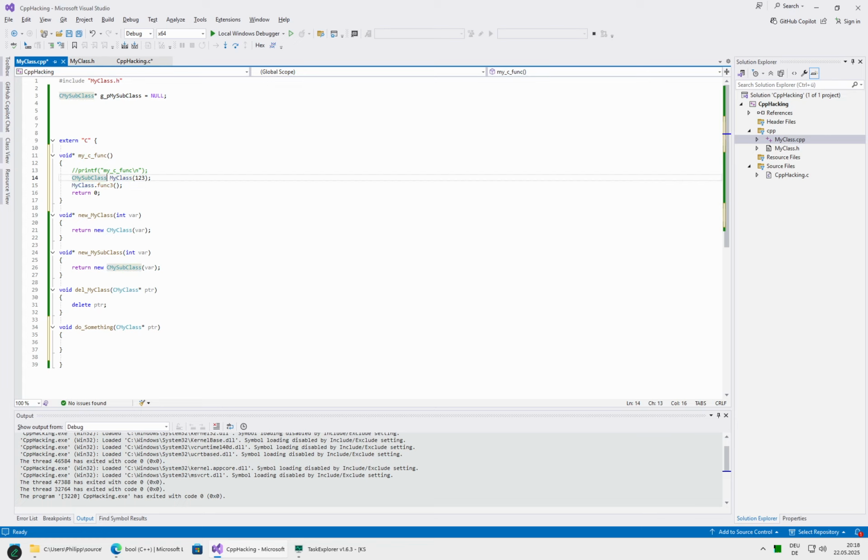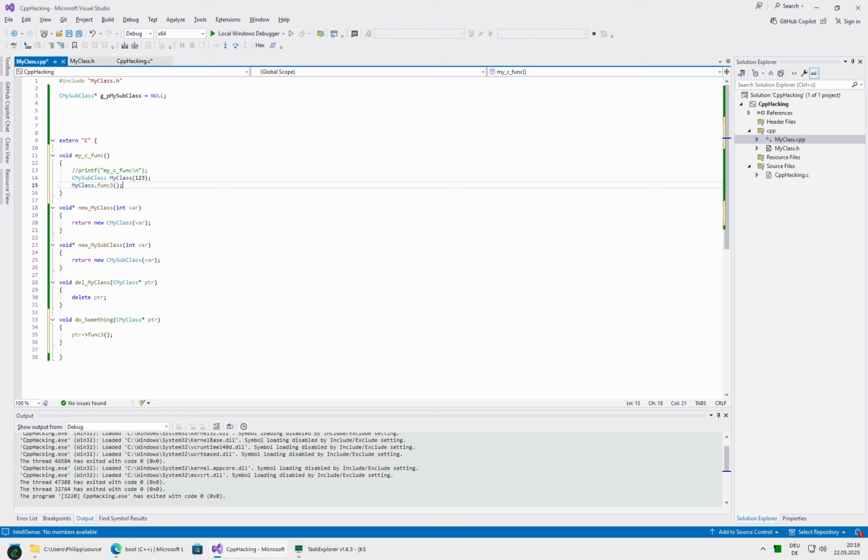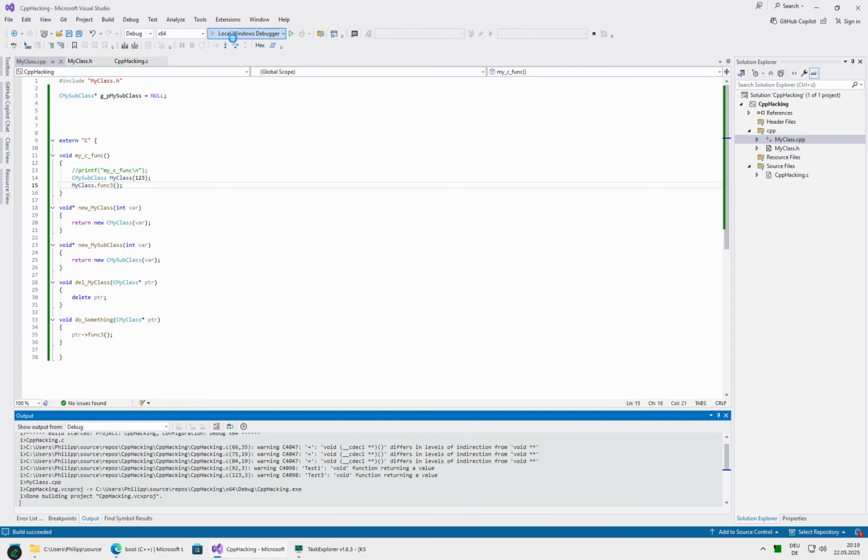So we want to call this. Actually, we can just use this directly. Right, and here we said we will not return any value, just this thing. Okay. So now when we run it,